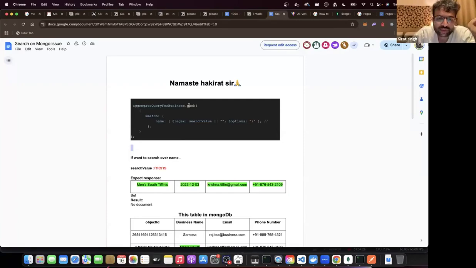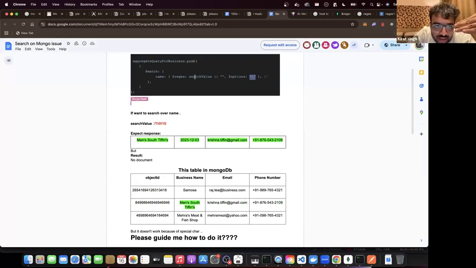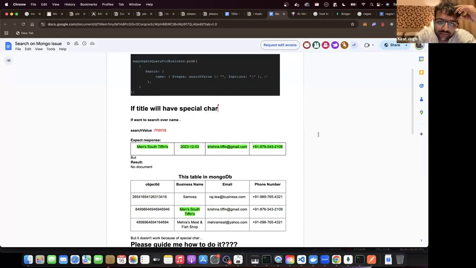Aggregate query for business.push. This is like a bunch of queries that you're adding. Match name, regex search value, option I. ये नहीं मुझे समझ आया. Option I का मतलब क्या है यहाँ पे? This I understand. Title will have a special